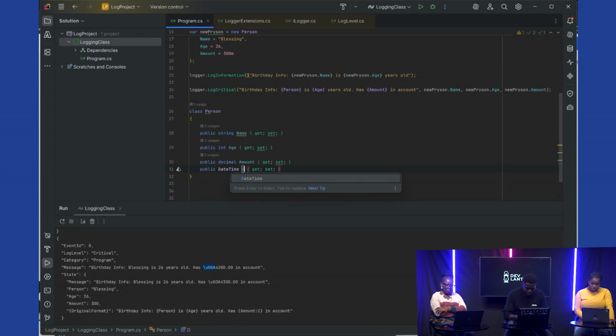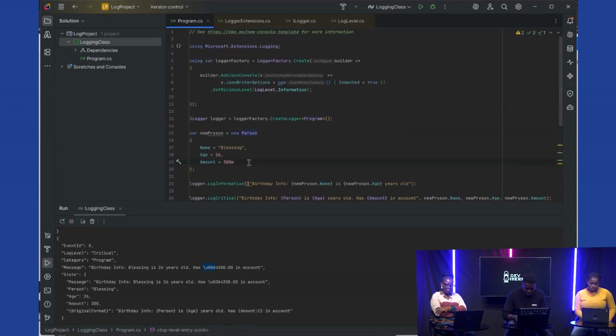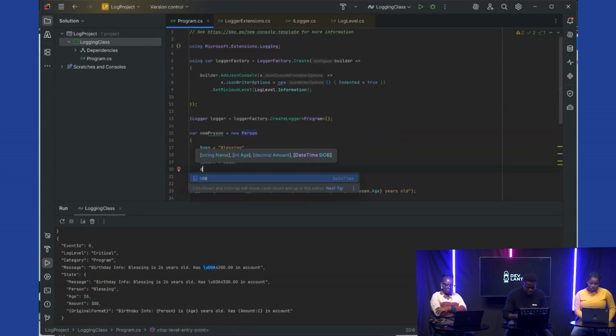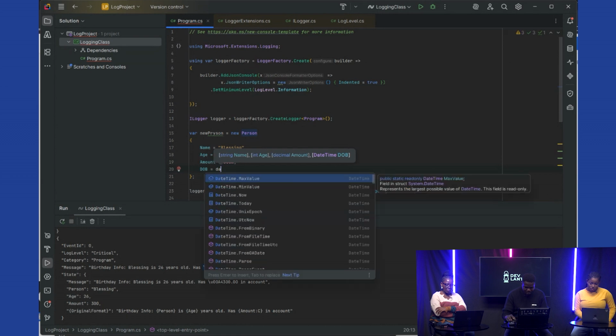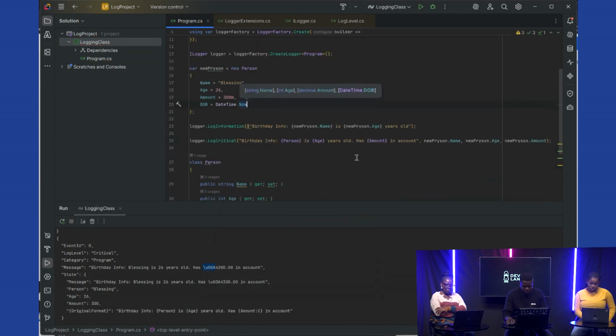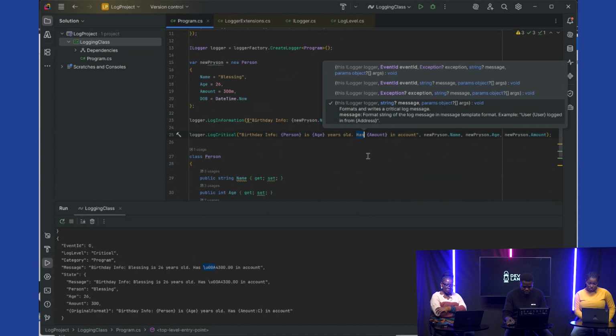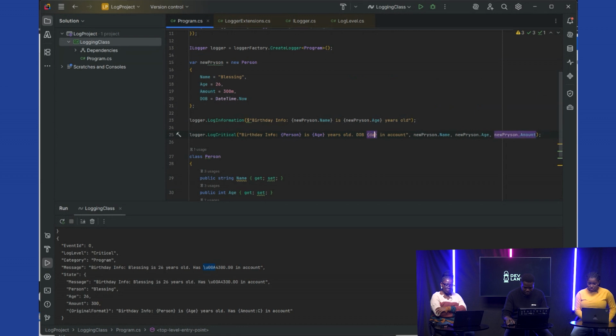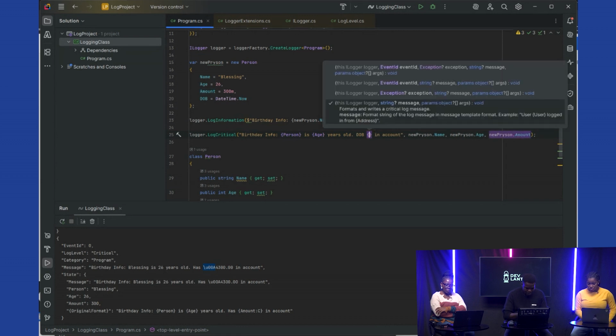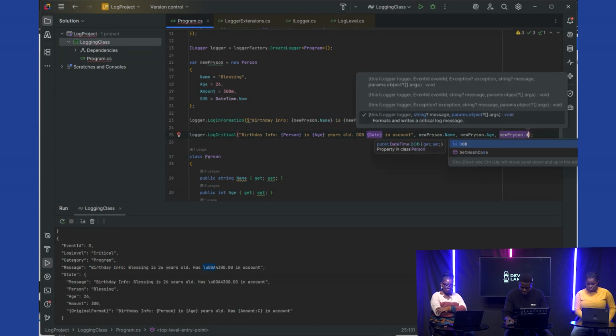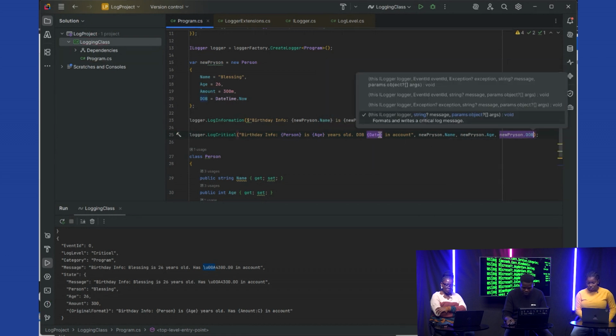Okay, let's say DOB. So now I can come here and say DOB is equal to DateTime.Now. So I can change this to DOB. I want to just show, I can put date here. Yes, a date, and say this new person dot DOB. So if I put a semicolon here,